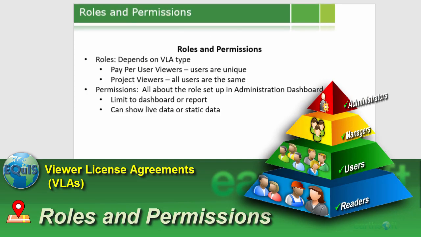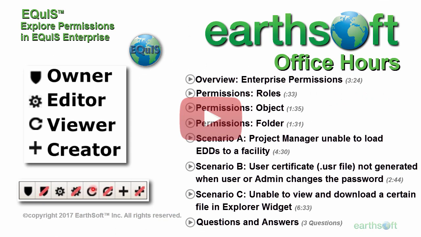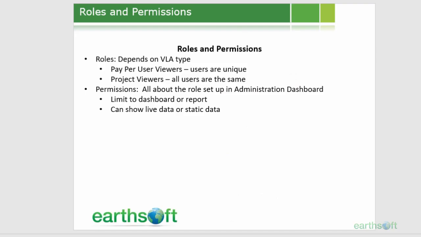The next slide here is about roles and permissions. I'm just going to talk a little bit about this. Suffice it to say, one of the questions that we get is, how do I limit what these viewers can see? And that's by utilizing the administrative roles and permissions area in Enterprise that you use for setting up your own internal folks for user-based access. For those of you who know how to set them, this will be old hat. For those of you who don't, it'll be good for you to see how that works.